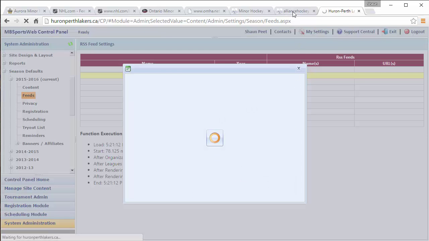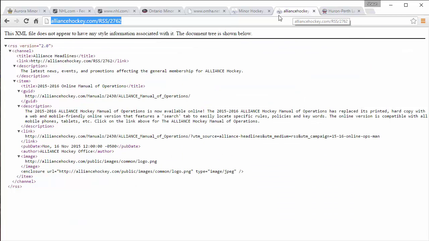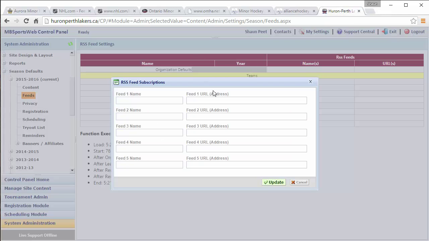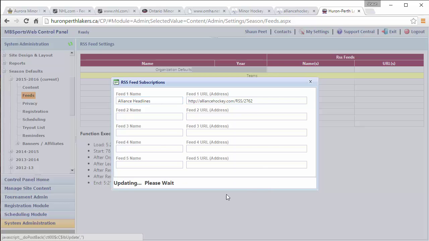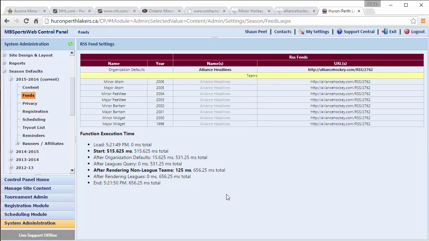In this case, we're going to have the feed for the Alliance Hockey show on every single home page within the site. So we'll just open up the organization default. We'll go back and grab that feed address, paste into feed 1, call it whatever we want to call it on our site. And as you can see, we can have up to 5 additional feeds into a single association website. We'll go ahead and add the one for now. And now we have our Alliance headlines showing up on all pages or all home pages within the Huron Perth Lakers site. If we exit,